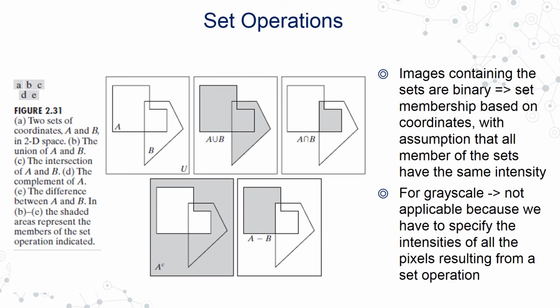Later, we would be taking a look at the set operations that we can do on binary images like union, intersection, complement, subtraction, as well as we would see what we do in case of grayscale images where I have a range of intensities. So how can I do set operations with those specific intensity values?